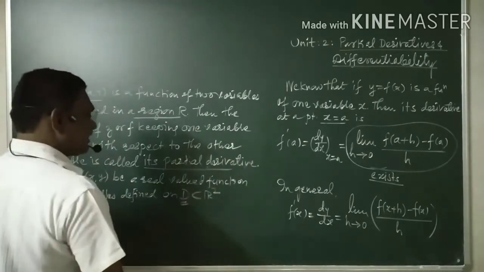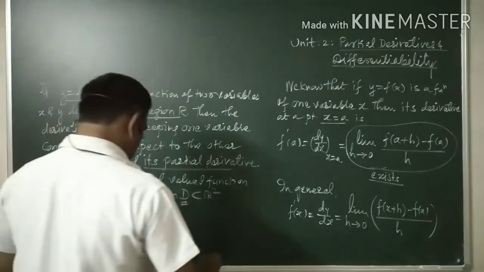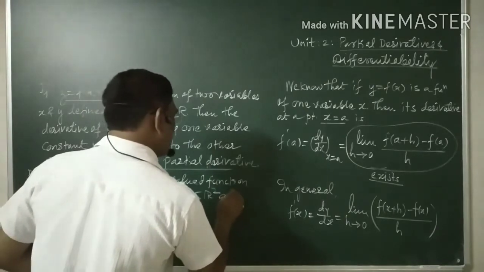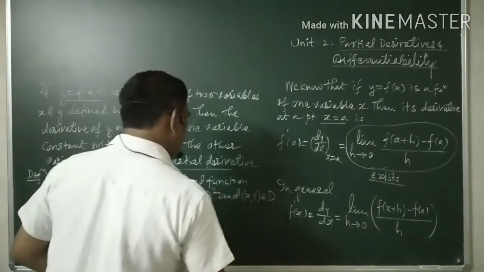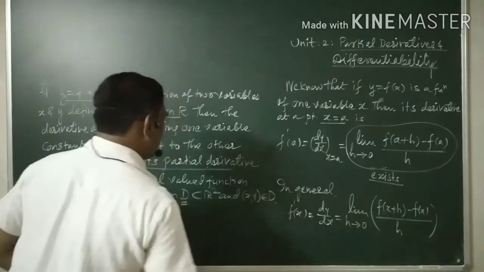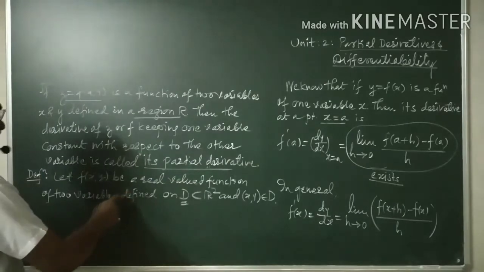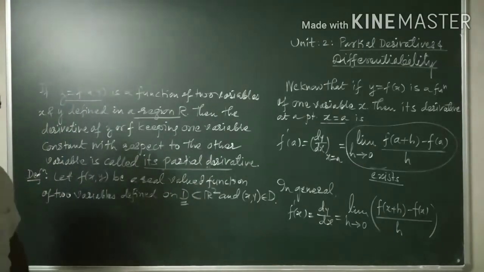What is this D? D is nothing but the domain. D subset of R2, and say x, y belong to D. This is a point from the domain D of the given function. Then